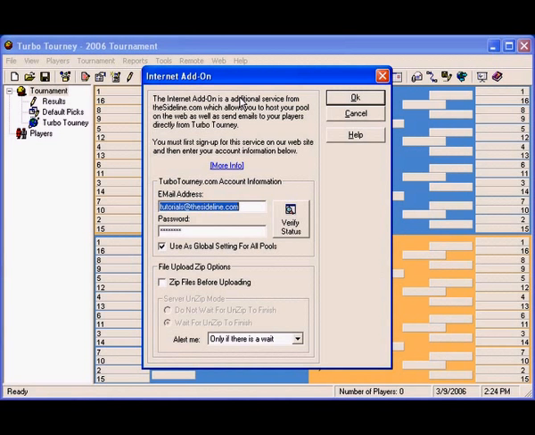The only time you may not want to do that is if you actually purchase multiple Internet add-ons to run, say, more than one men's basketball pool, and you want to have a different account for each one of those. But for the most part, you want to use this for all your pools, and so you want to leave that option checked. And then you can select Verify Status, which will go to the web and verify that your